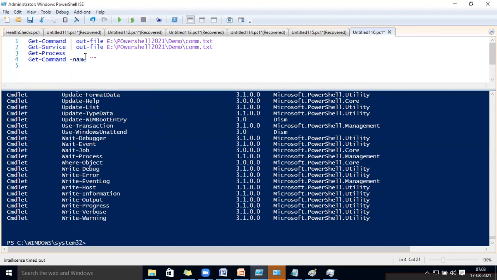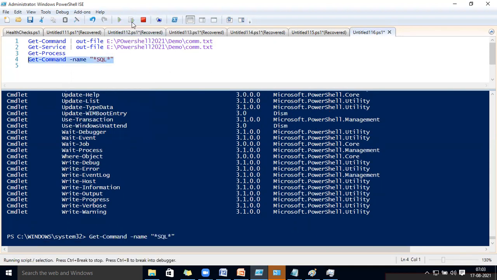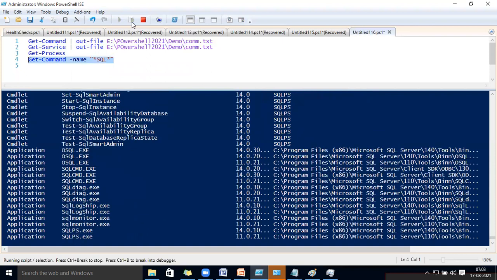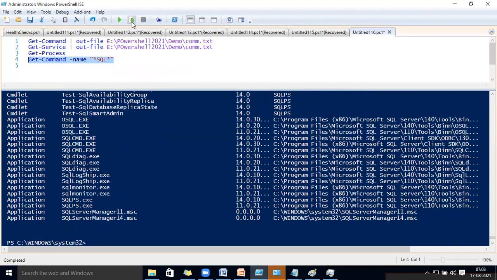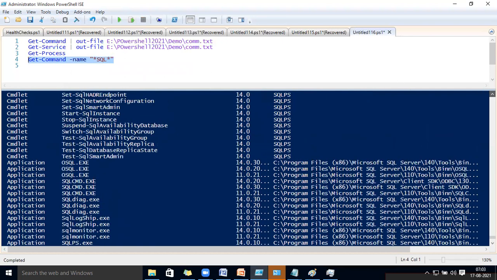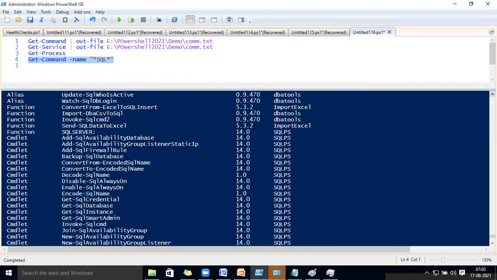I want to search for SQL, so I will give *SQL*. Whatever is related with SQL will be displayed. So these all are the commands in Get-Command which are related with SQL. You have to work in future with only this many commands. But you will see here SQLPS. Okay, I will take it into the notepad, that is good for you to read.